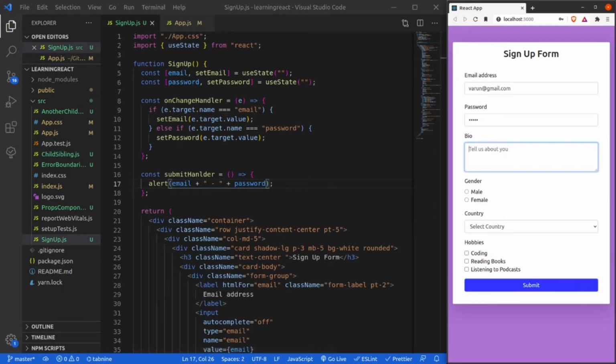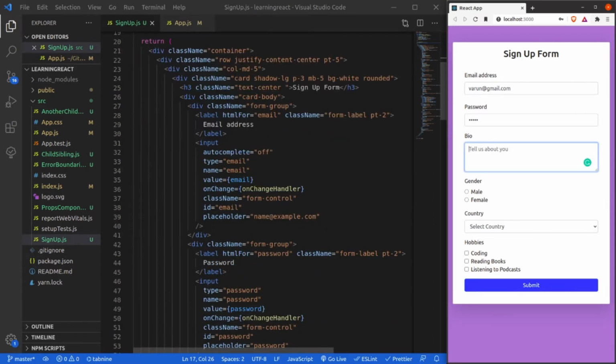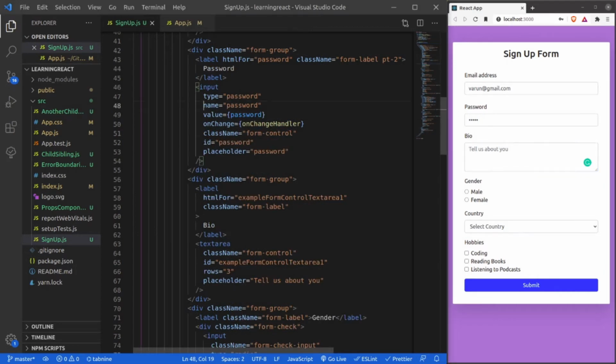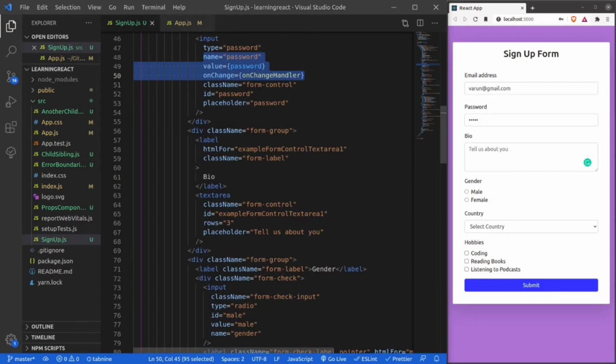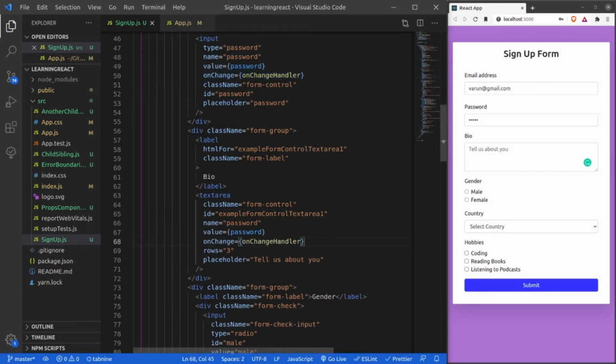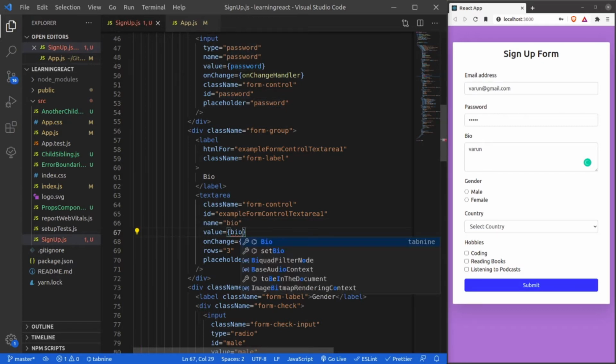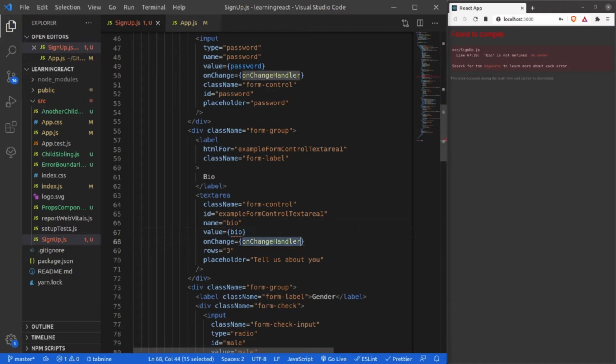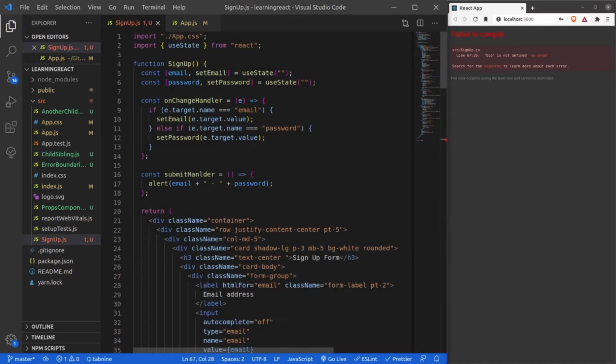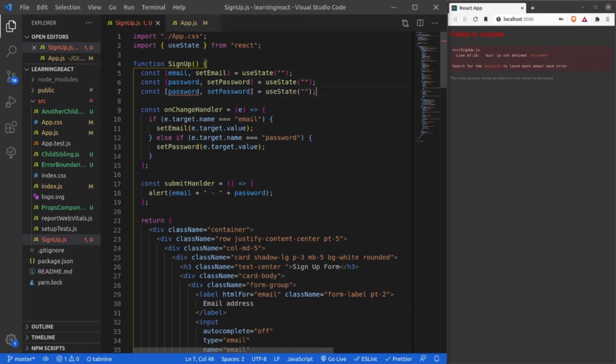So now let's move on to our next field, that is bio. Let me again copy these three things and use it over there and change its name to bio, and let's use the same onChange handler. It is giving me an error because it is saying that bio is not defined. Obviously it is not defined, so let's create a state for bio as well.